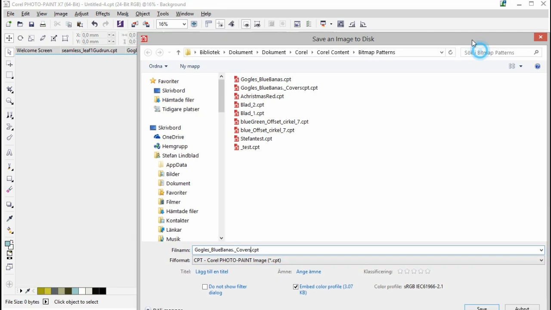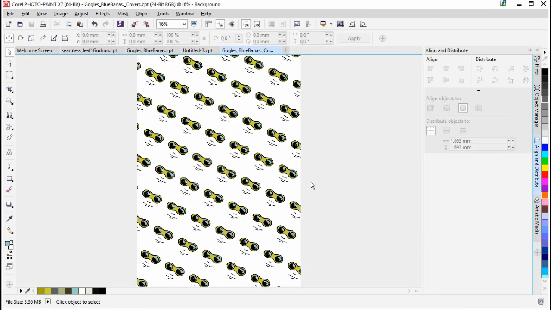So we click save on that, which means that I've now saved the fill in this image as an image in itself. So I could now open this in PhotoPaint, or in this case CorelDRAW, and maybe use it as a background for a book cover or a pillow or a blanket or something like that. But this is how we do it in PhotoPaint, and there are more things we could do, but for this webinar, and time is of the essence, we'll move over to